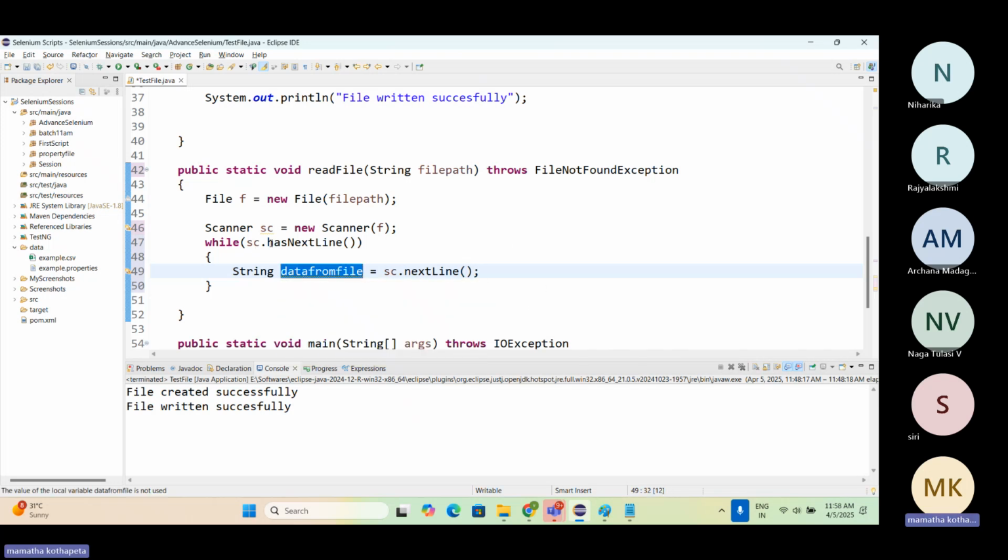This condition clearly says hasNextLine, then enter into it. Then this will pick up that particular line,